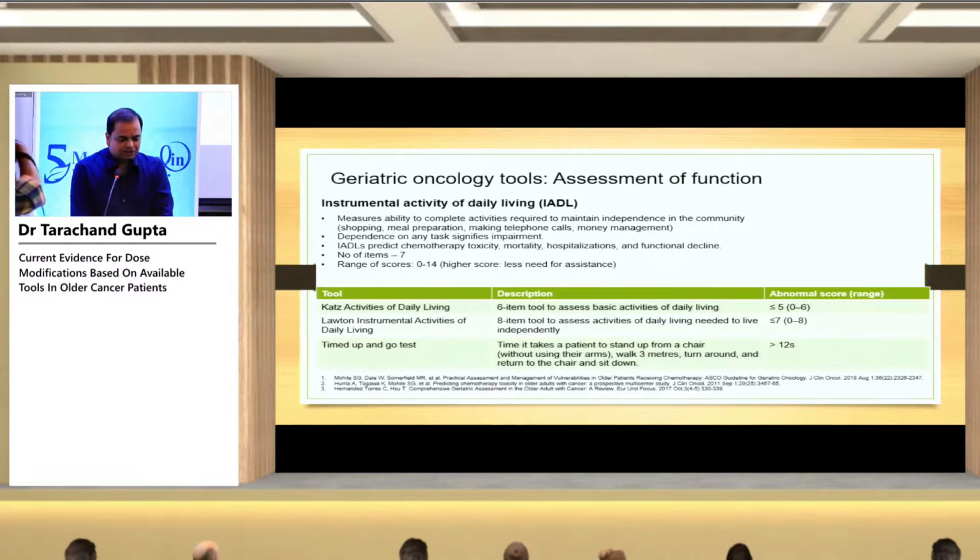So, geriatric oncology tool assessment of function. We assess function by instrumental activities of daily living. The instruments are the Katz activities of daily living and the Lawton IADL, which are the most commonly used. It measures the ability to complete a given task or to maintain independence in the community, and dependency on any task